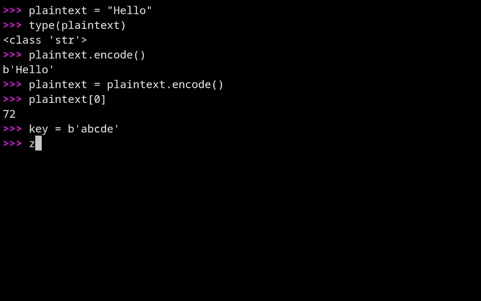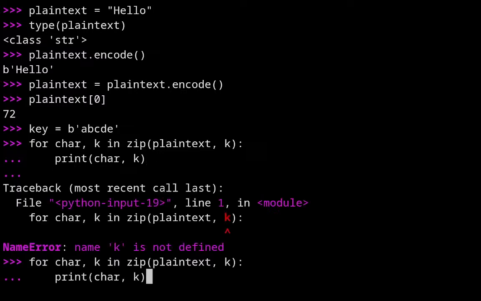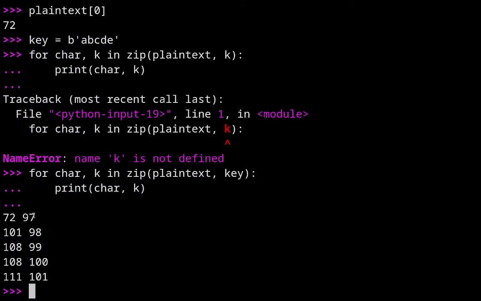I'd use a Python function known as zip. What zip does is, I'll give you an example: for a character, key in zip, it basically takes in the first,